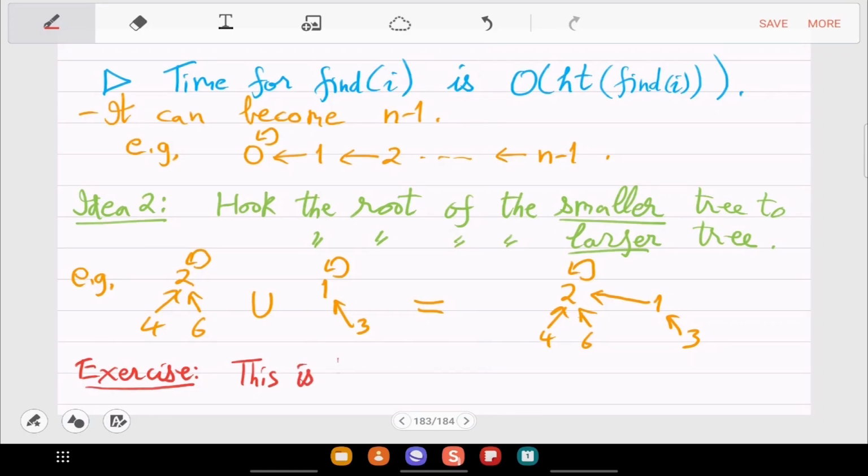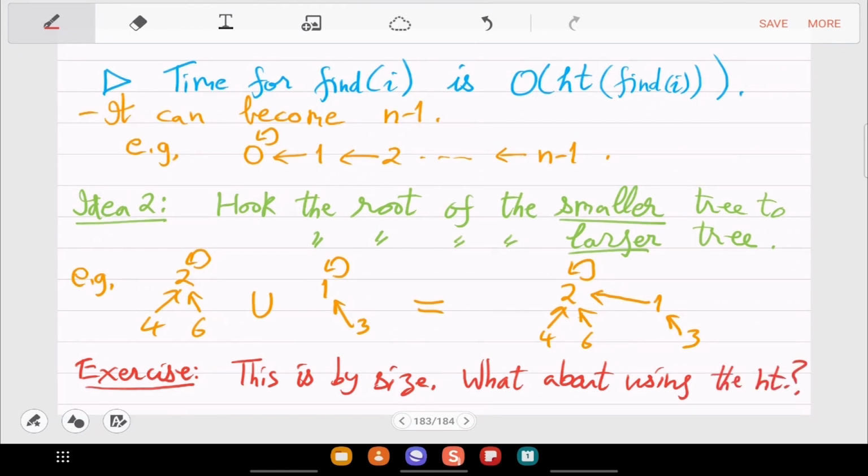So this is by size. What about using the height? Okay, so I'm not doing that part because our proof will work with size already. So size just means number of nodes. But you can check the height idea also.